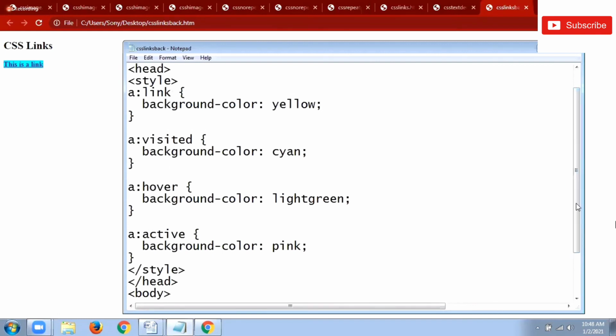Okay, so link general yellow. Next we are going to see cyan color, then light green, pink. Okay, so underline is there. So this is light green, then pink.